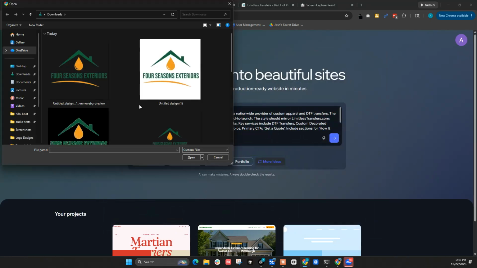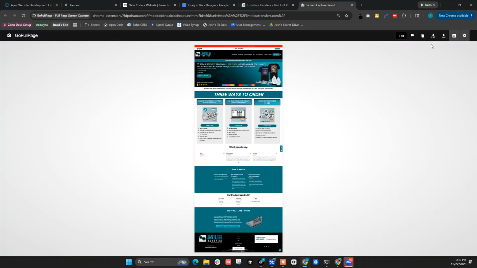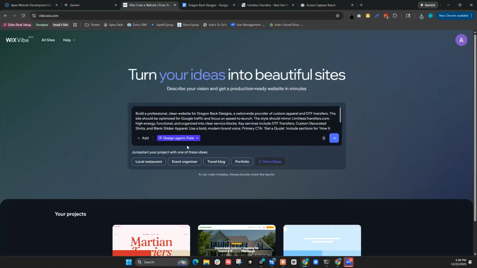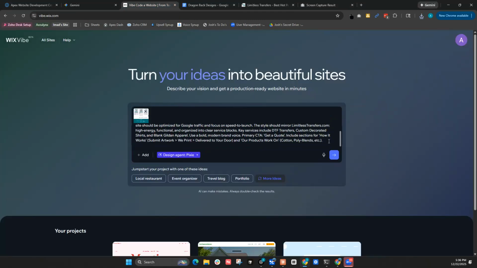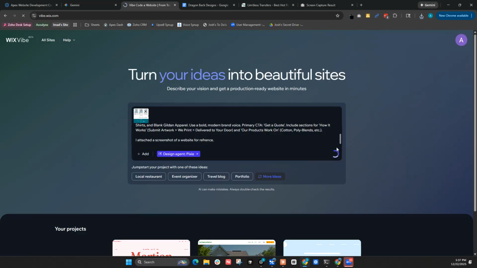All right, and then we can add any other images. So I'm going to try to find that. Let's grab that PNG here of the screenshotted website. All right, and just say I attached a screenshot of a website for reference. And then we're just going to hit the arrow here to send this over to the AI agent to start